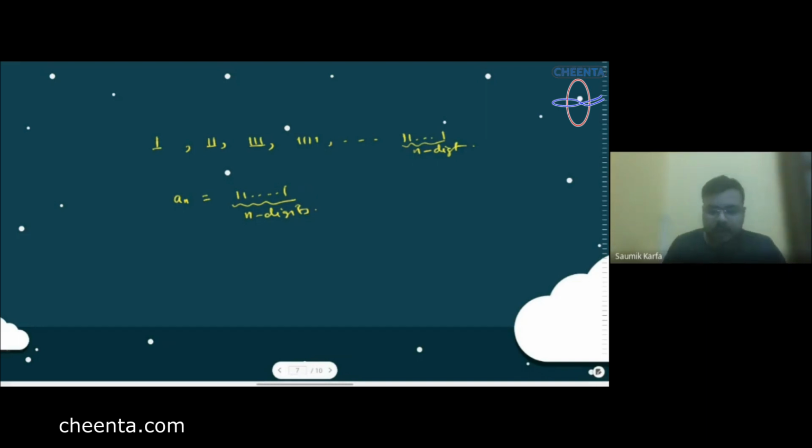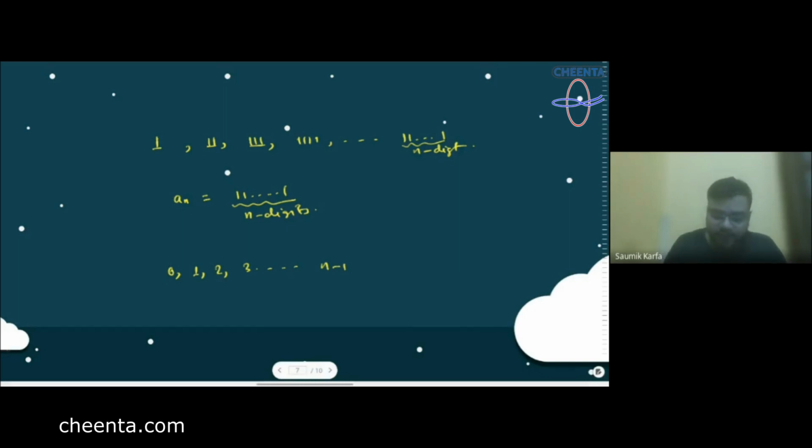Let us see. Now we need to see a very interesting property of divisibility: if you divide any positive integer by any integer n, then the possible remainders that you can get are 0 or 1 or 2 or 3, all the way up to n minus 1. You can give it a try. You can try to divide several numbers, let's say by 3. You'll see that you can only get the remainder 0 or 1 or 2, not more than that. So if we try to divide any number by n, these are the different remainders that we can get.